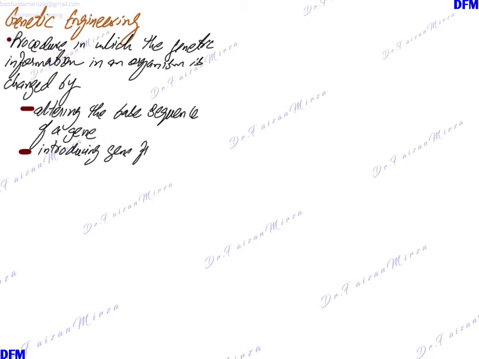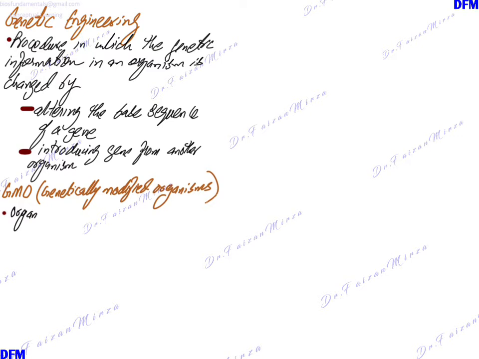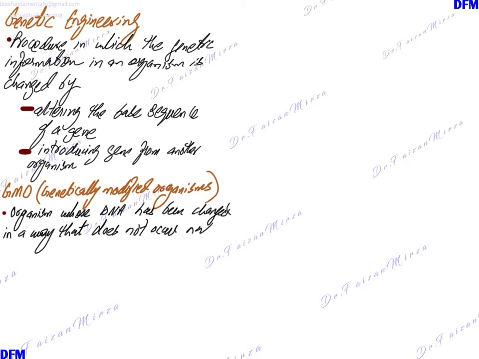What is genetic engineering? Genetic engineering is a procedure in which the genetic information of an organism is changed by altering the base sequence of a gene or introducing a gene from another organism into this organism or this cell. Genetically modified organisms, or GMOs, are organisms whose DNA has been changed in a way that does not occur naturally or by selective breeding. We actually play with genes, we change the genes, we edit the genes, we just add